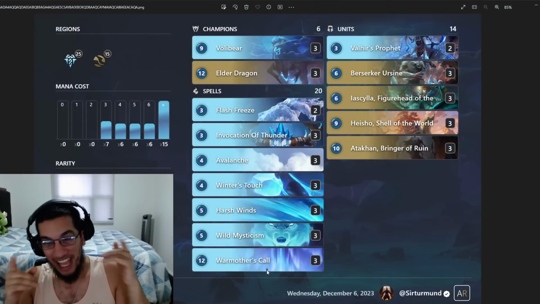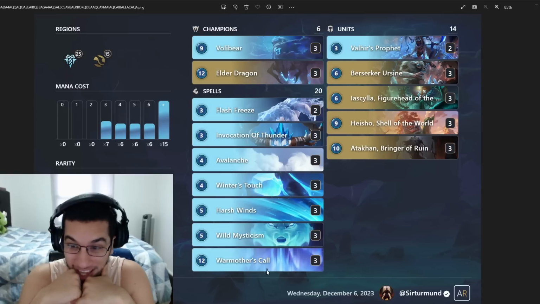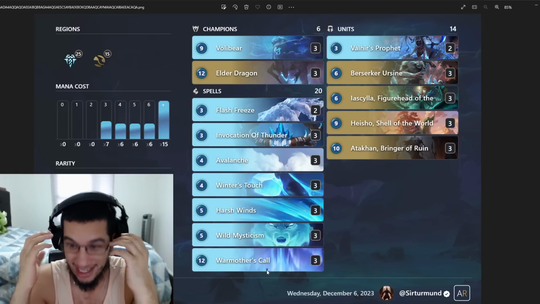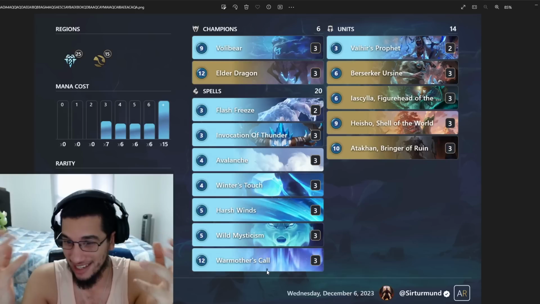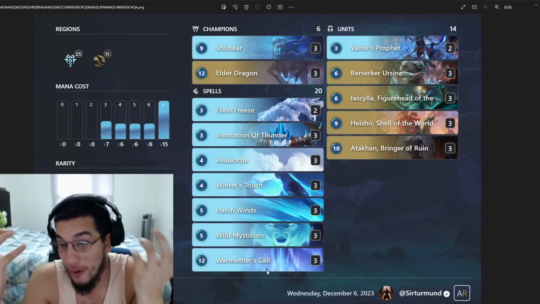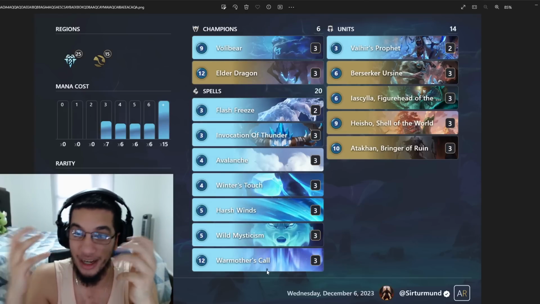What did I say? I told you. This deck is ridiculous. It's so greedy. So you're probably going to get run down if you're going against an aggressive deck, right? Like if you're going against a Grand Ribbon or a Jinx, a Bandle City. But if you're not going against that, I don't see how Morgana or Mordekaiser can keep up with what